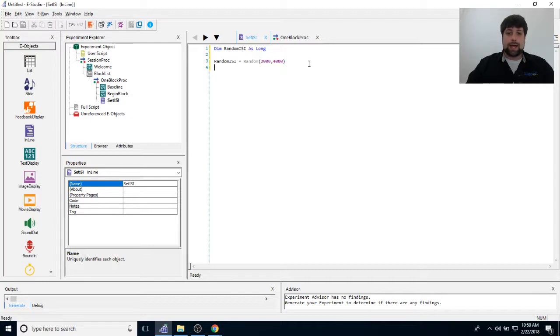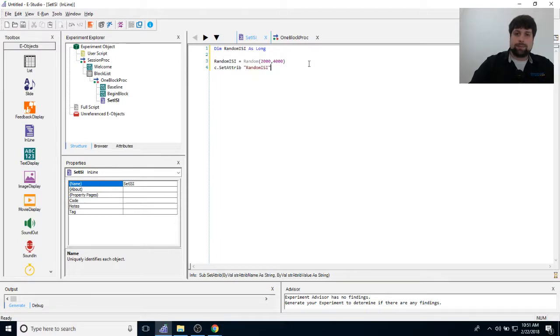In order to make it an attribute that I can reference later in E-Prime, I would use the c.setAttrib statement. This little c here stands for context, and context just means at this level of the experiment, and setAttrib means I'm making a new attribute or modifying an existing one. The name of the attribute that you want is going to end up being the title of the column in your edat file. So what do I want the column in my edat file to say? In this case, I want it to be called random